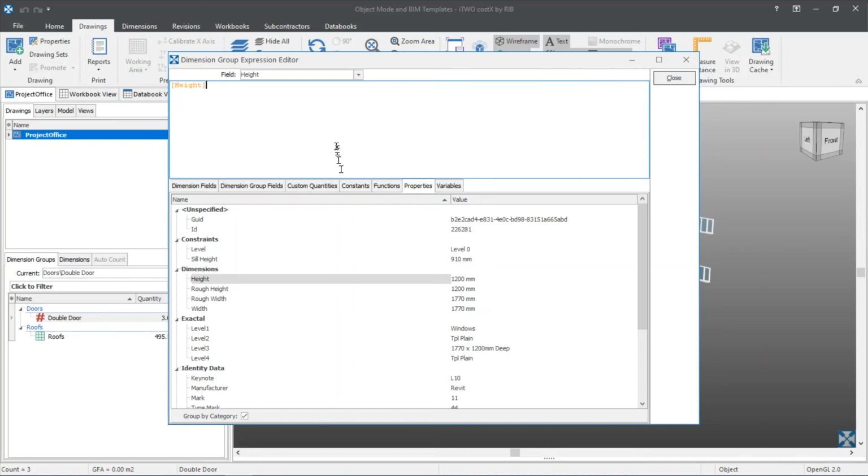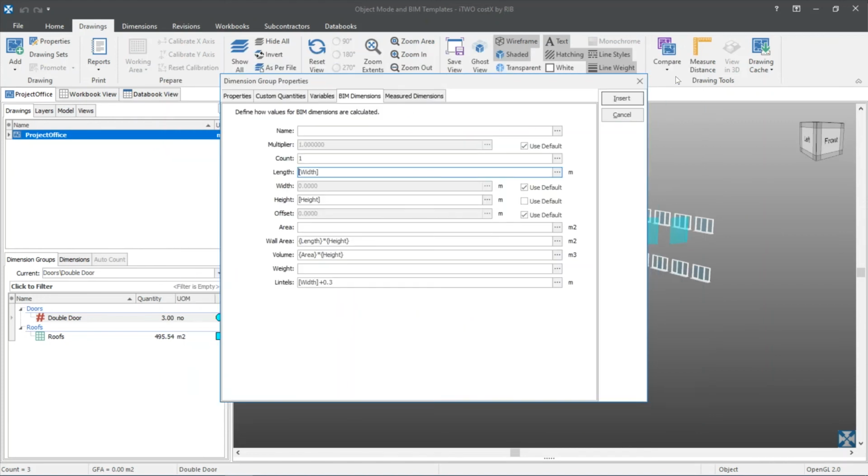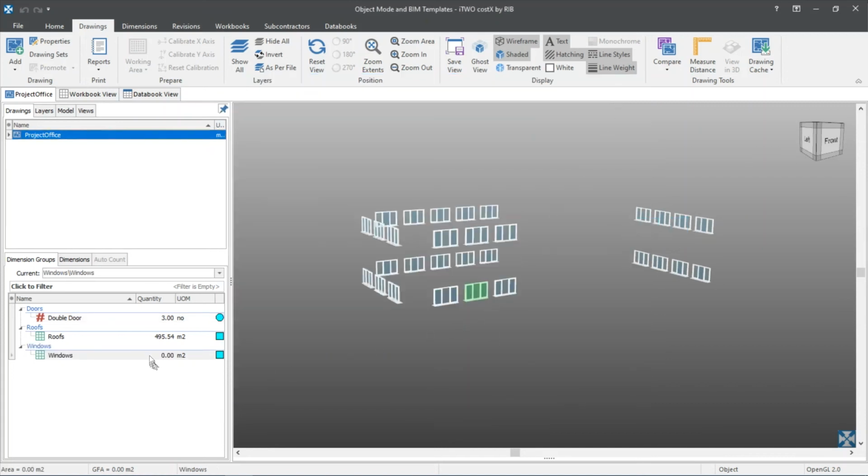for my lintel, which will be at the bottom, I can actually use the width plus 0.3 plus 0.3 to calculate that. And then the wall area, when I close out of the expression editor, you'll see the wall area automatically takes the length and the height, so that should be calculated automatically. So when I click the insert button, it will then insert that dimension group for me, and then to measure